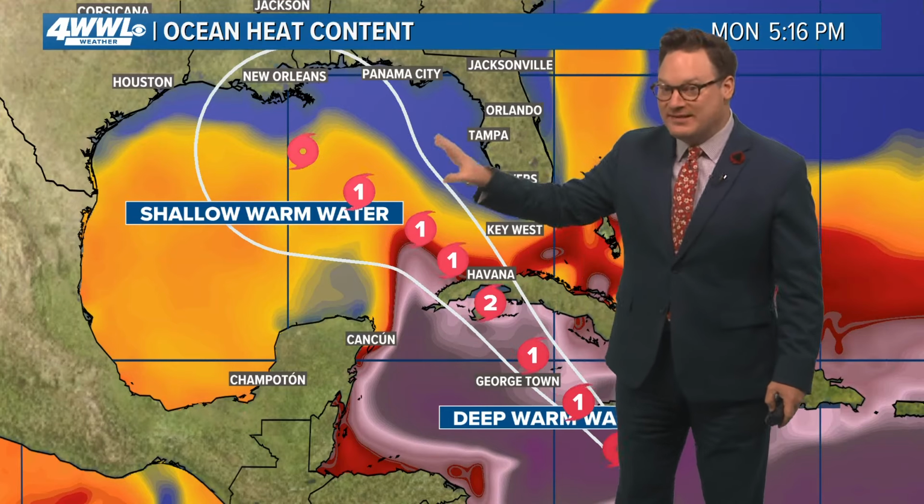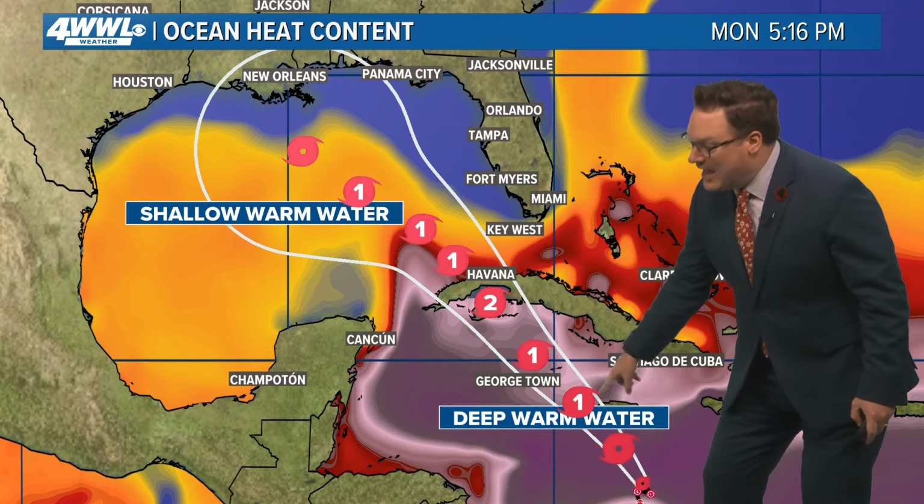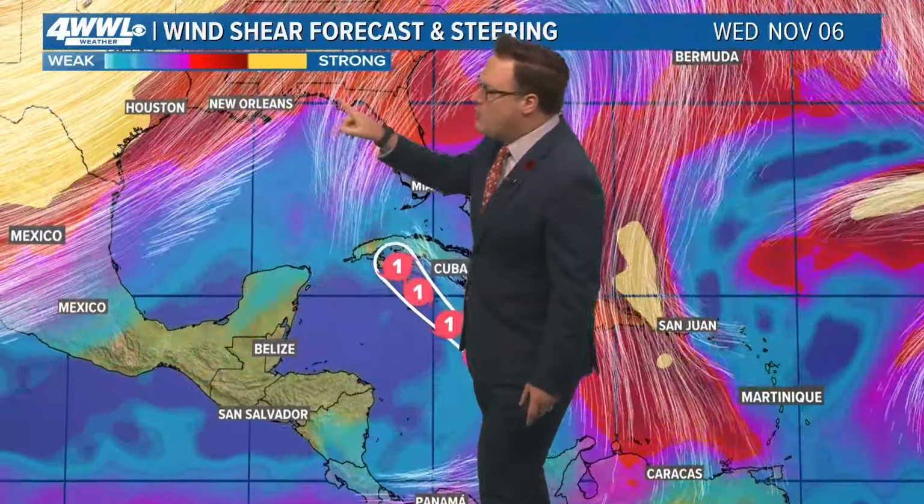Either way, the models are in good agreement that it's picking up on water temperatures in the Gulf, not very suitable for an intensifying storm. Where it is now, it certainly is deep warm water, shallow warm water, and then cooler temperatures. Now, be a little bit better if these temperatures were more in the low 70s or even 60s, but lower 70s is just fine. Water temperatures working against it intensifying,